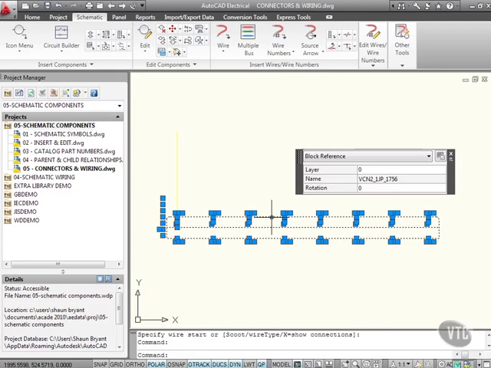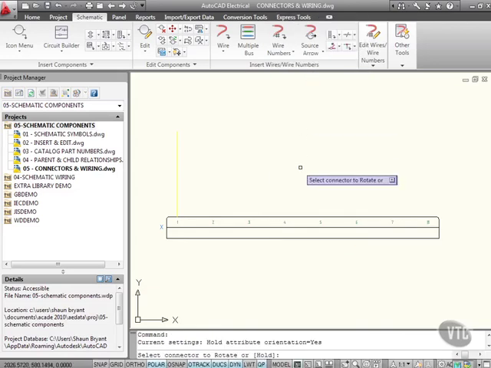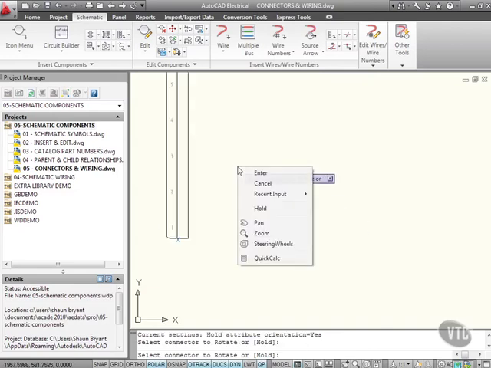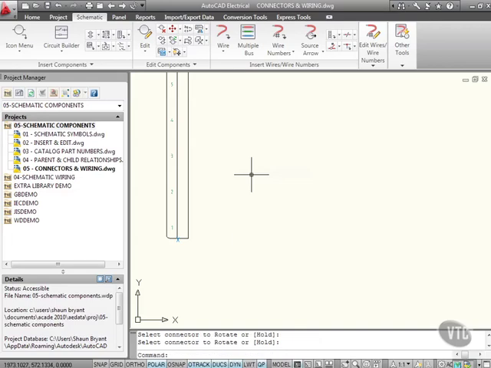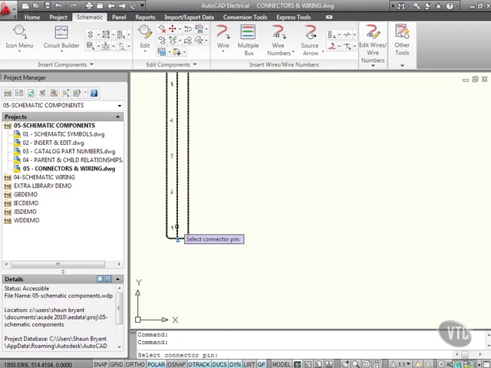I can also click on the connector itself, right click, and I can actually rotate that connector, like so. So it says select connector to rotate. I click there, rotates it automatically for me. If I right click again and enter, that job is done. If I click on it, right click, I can also swap the connector pins around. I can swap them. So if I click swap connector pins and select a connector pin there, like that, swap